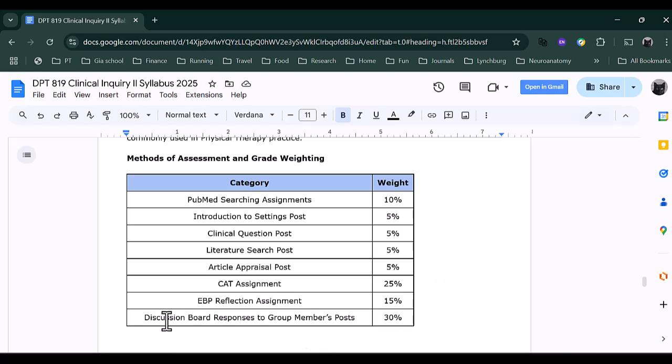In addition, there's also discussion board posts, which are responses to your group members' posts. Okay, this is weighted as 30% of your grade. So every time there's a response to a group member's post, those combined are going to be worth 30% of your grade. And finally, toward the end of the semester, or at the end of the semester, we're going to